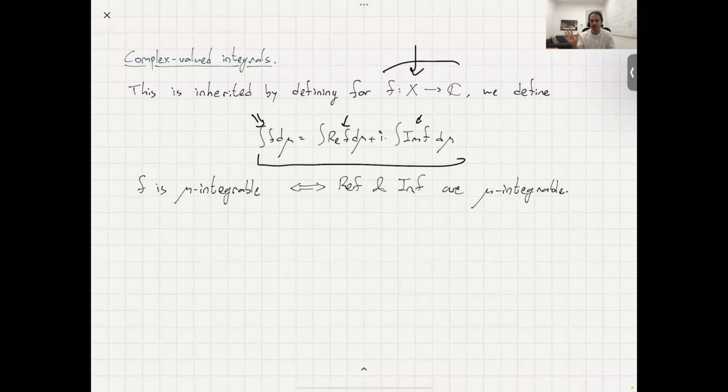So you don't even have to worry about the Borel measure of C. It's very simple, and it coincides with what happens when you do that. You can always just reduce to the case of real valued integrals. We will work with complex valued integrals, so we will always do that. So that's what I said: a function is mu integrable if and only if both its real and imaginary parts are.